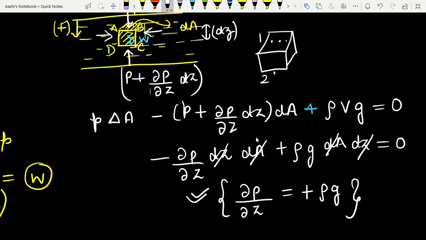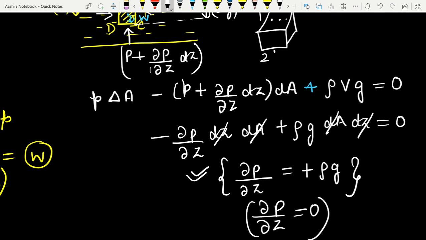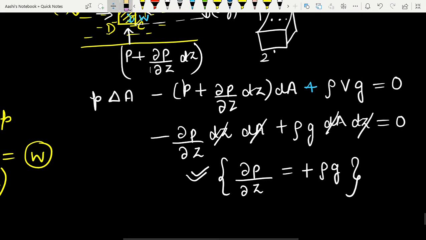Now, I want to know the pressure variation with depth. If for example ∂P/∂z was coming out to be 0, I can simply conclude that pressure is not at all varying with depth. But here I got the variation as rho g. And what is this rho g? I have seen this term before also. It is nothing but the specific weight or the unit weight of the fluid. Rho is nothing but the density of the fluid.